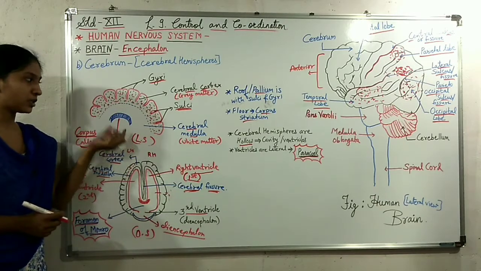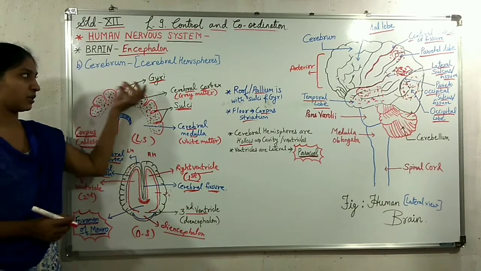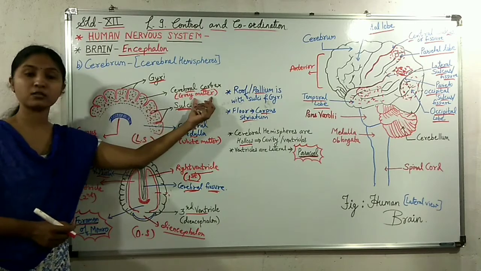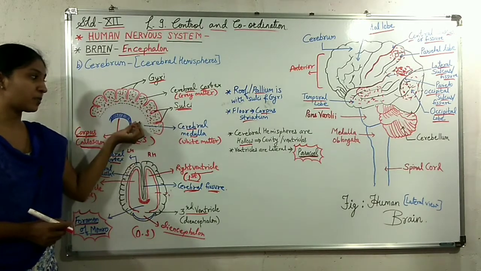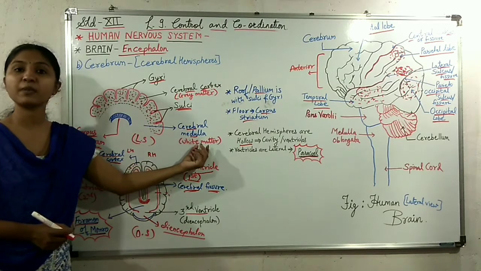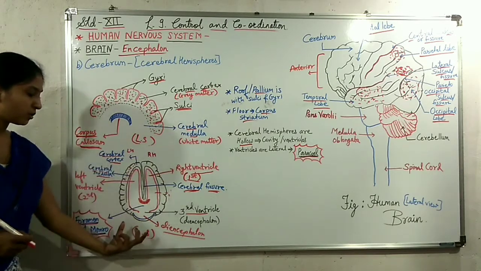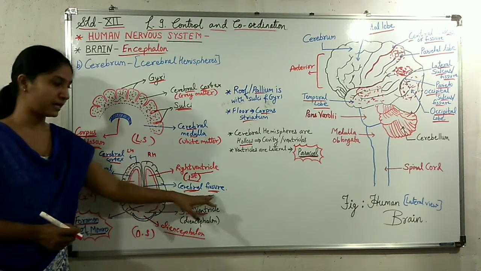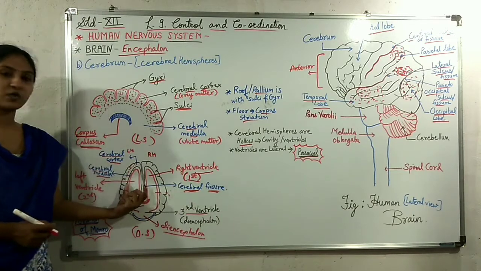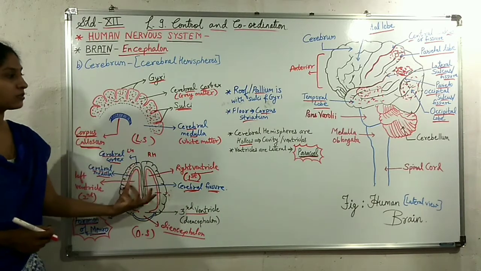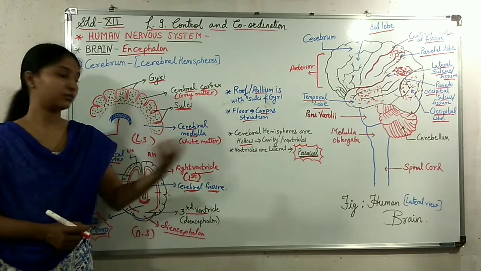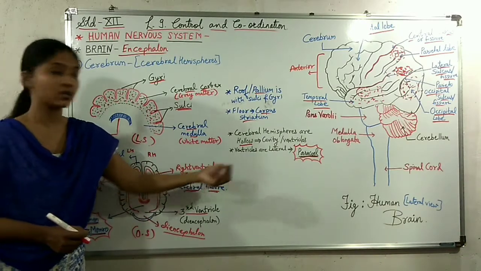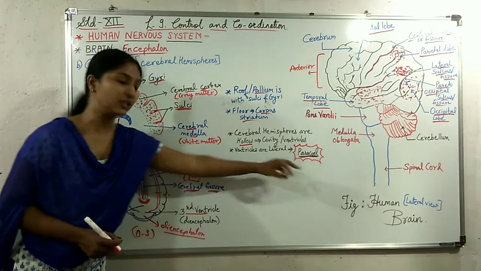This is the lateral section. Lateral section shows the gyri and sulci clearly. The outermost part is called cerebral cortex. It is made up of grey matter. The innermost part is called cerebral medulla and it is made up of white matter. The dorsal section shows the two hemispheres which are separated by cerebral fissure. These two cerebral hemispheres are hollow. They have a cavity and this cavity is called ventricles or it is also called paracele.